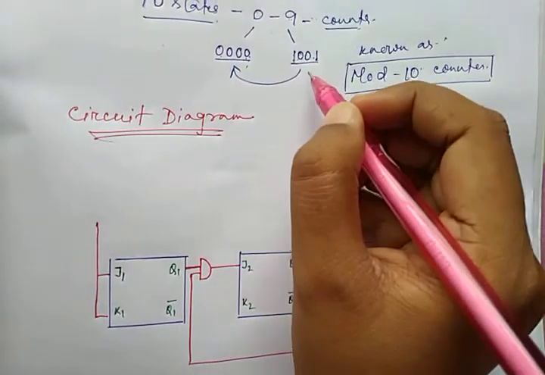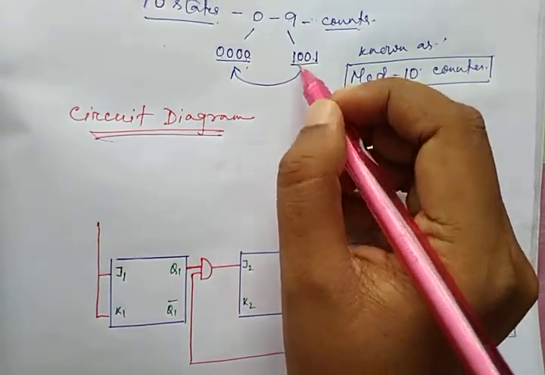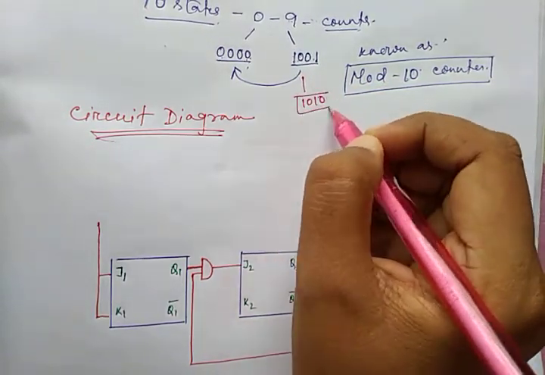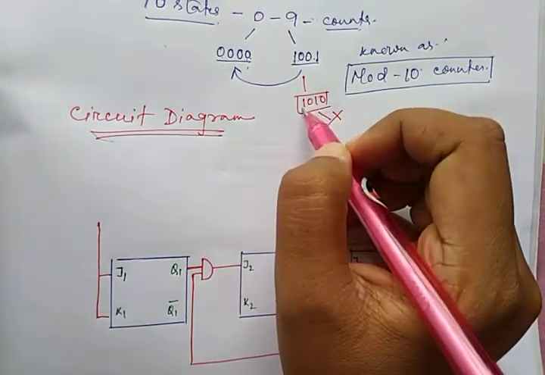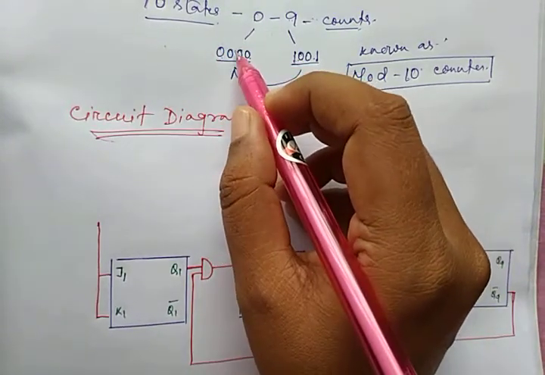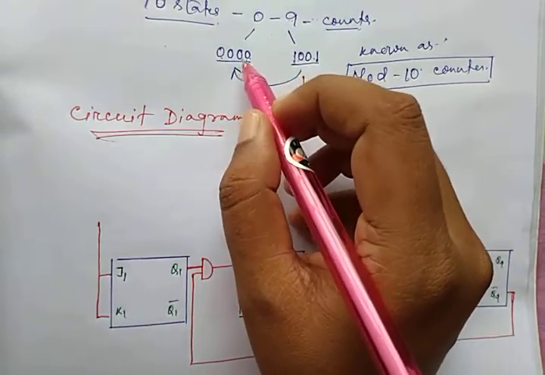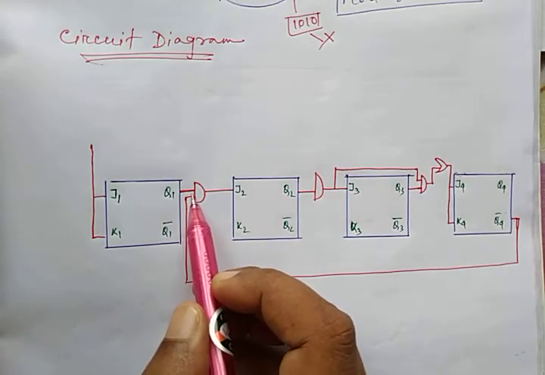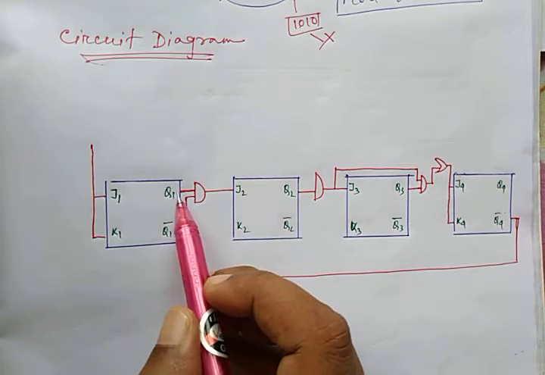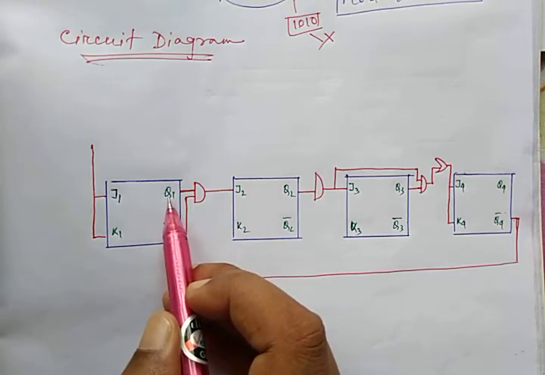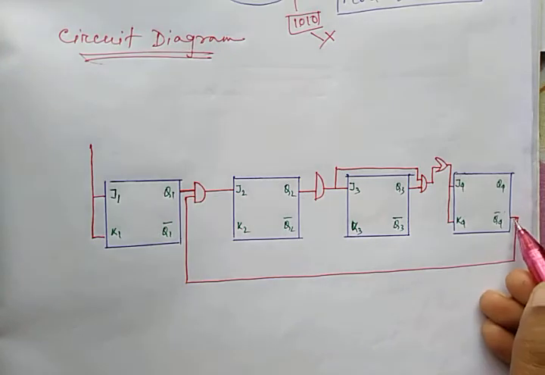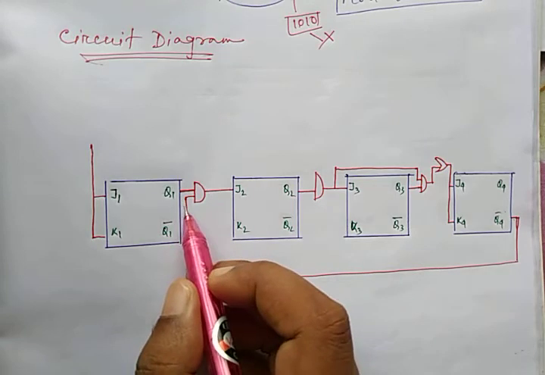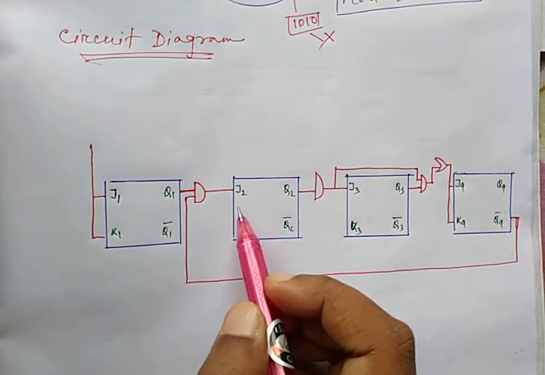The reason is that when the flip-flops arrive at 1001, they must convert into 0000. In a synchronous up counter, after 1001 it goes to 1010. Here we don't need this state, and instead we need again 0000. So for that reason we make this trick: as an input for the second flip-flop, the input must be the AND operation of the first flip-flop Q1 and the complement of the output of the last flip-flop. This goes as an input in the second flip-flop.